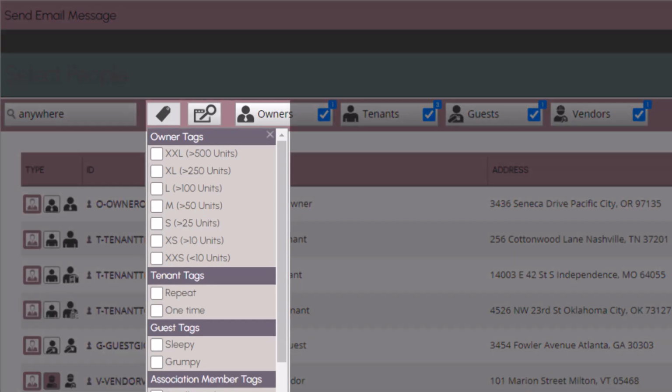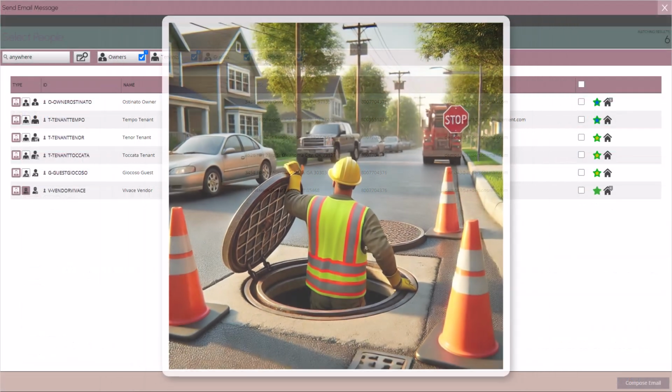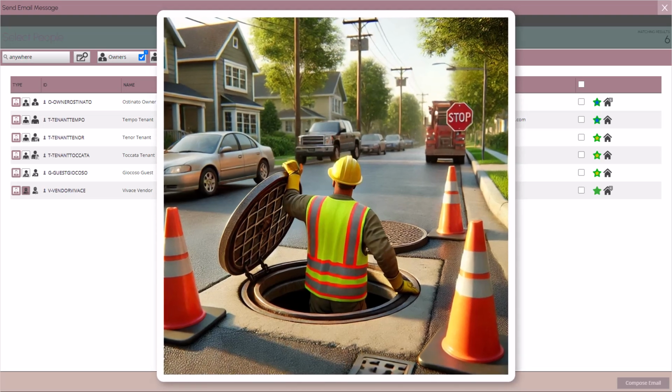Another powerful search and selection tool is custom tags. With this, you can tag anyone with a specific word or phrase that you create, and select all the people who have that tag. In our fake example, let's say that the Public Works Department contacted us to let us know they're going to be limiting access to Anywhere Drive to work on the sewer,